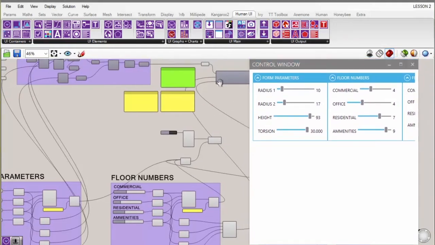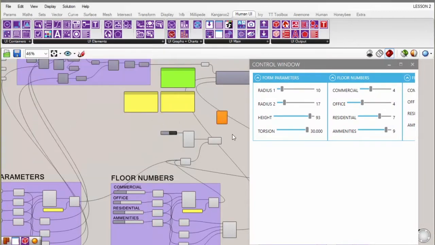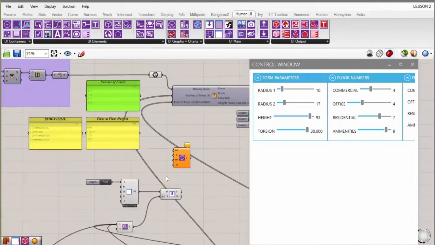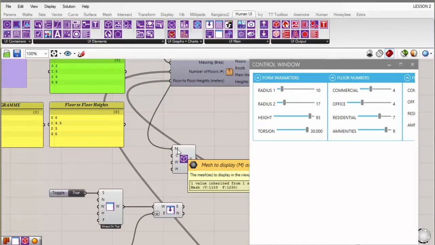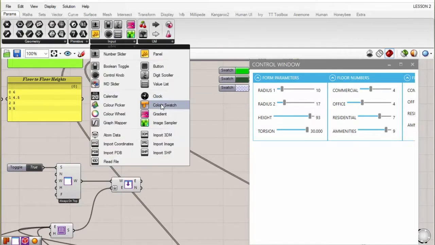So let's just look at a very simple element, which is the create a 3D view. So this just takes our model. So you input that here, and you can choose what color you want to display it in.